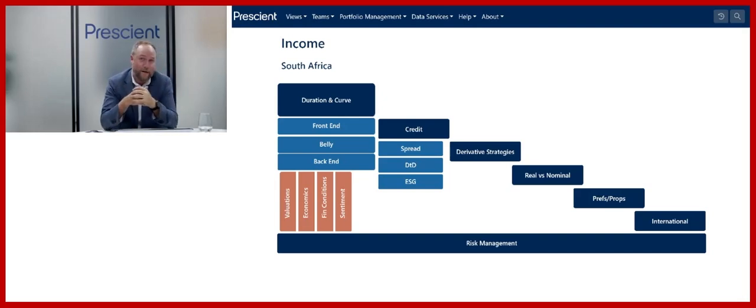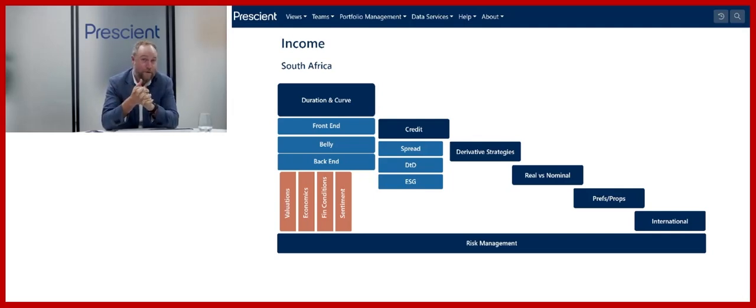Again, if you size it correctly, you understand the risk you're taking. It's a very nice tool for clients in a multi-asset portfolio to generate that return within that sort of risk framework. So in the real versus nominal space, that's certainly something we look at. Preference shares and property, the next category as well, for multi-asset income. Interesting, both of those categories.